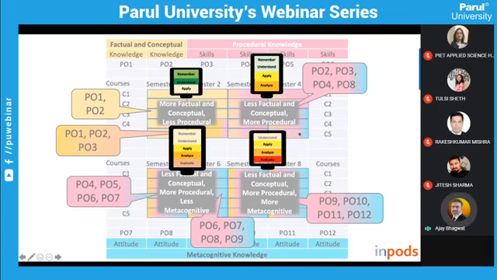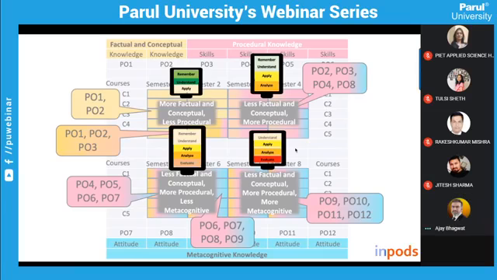If you take one course from here, let's say C5 of semester 4, this course will have affinity with, since it is already shown by 3 colors, some conceptual knowledge covered, some of the skills covered, and some activities designed which are going to help the students achieve some attitude level outcomes as well.